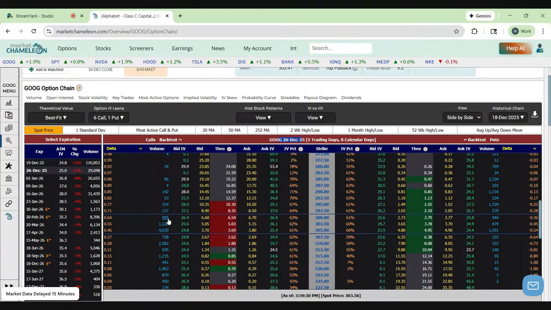If we go over here, let's say the 300 strike, on the left-hand side are the calls. 995 contracts traded in that particular call option. If we go to the right-hand side, 944 option contracts traded in the 300 puts. Now that we have that volume, we could dig in deeper and say, well, out of this 995 contracts, if I click on it,